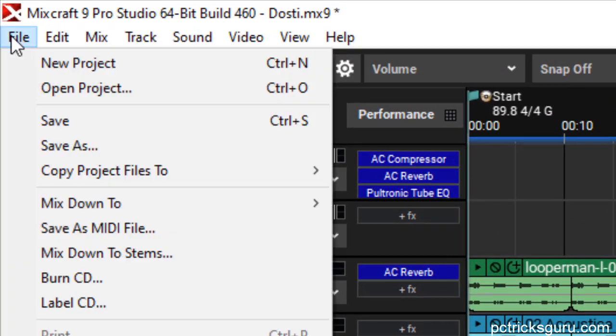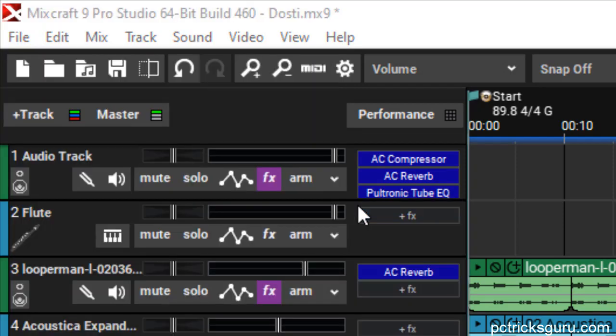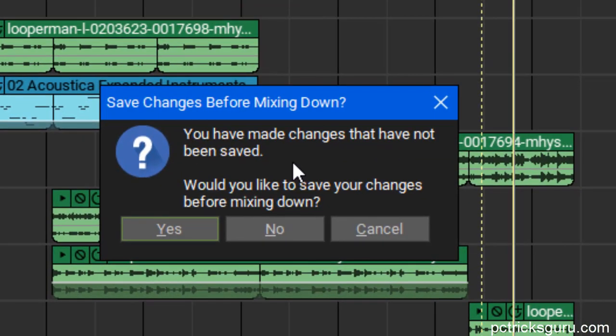So I'll go ahead and click on file, then go to mix down to mp3. If it asks you to save the changes, if you want to save the changes, click on yes. If you don't, then click on no. So right now I do not want to make any changes in my existing project, so I'll click on no,